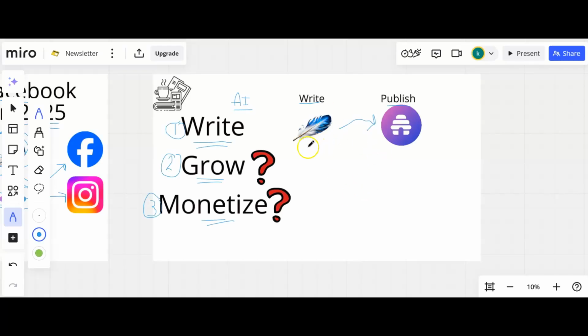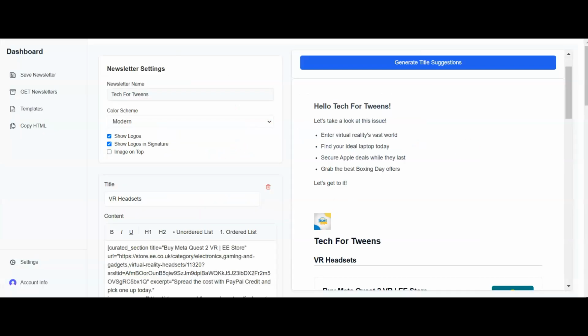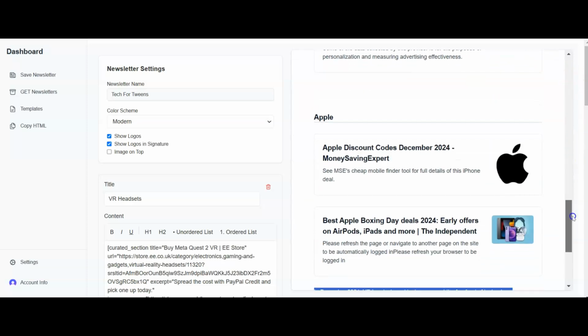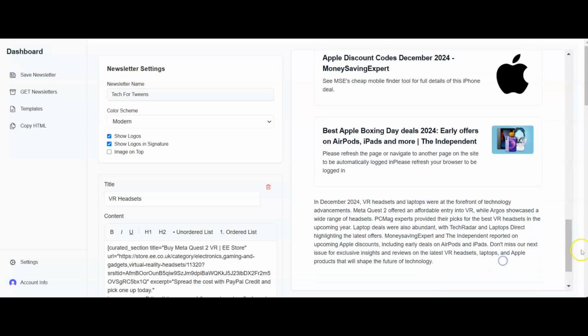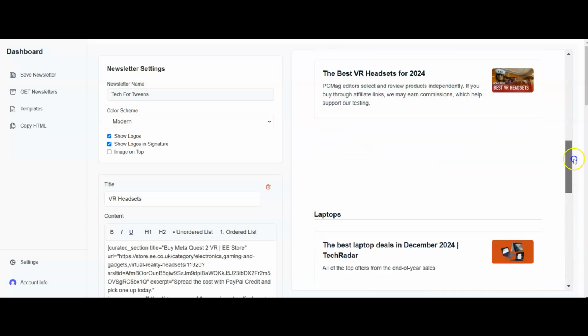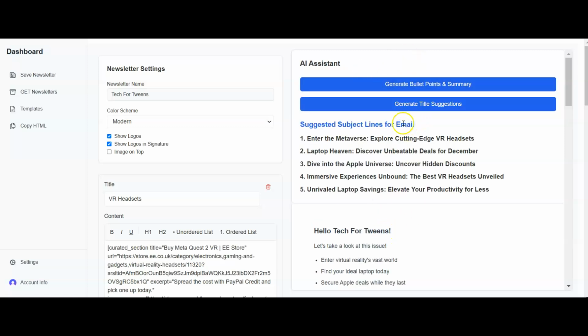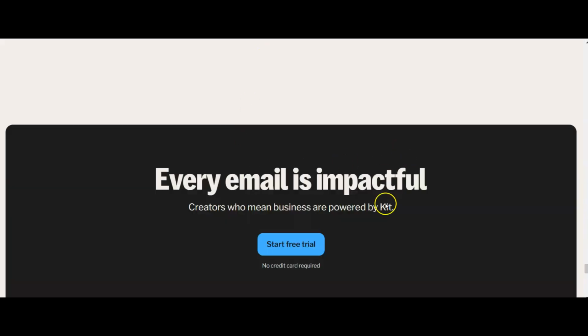Now, the nice thing about this is you can get this done in minutes. And what that does is it frees you up to focus on growth, frees you up to focus on monetization. Because like I said, none of this you've had to write yourself. All you've had to do is find the links to put into your newsletter, and the AI has written all of this for you. Okay, so if you're interested in how to do these things for free, and you can see here we can generate title suggestions as well for this particular edition of our newsletter. I can take any of these and cut and paste it into Beehive or into Kit